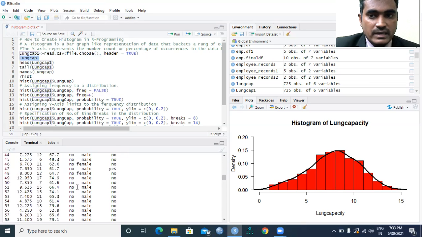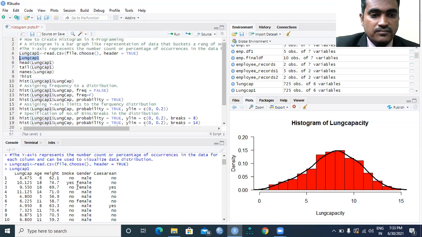Here in the console area, you can see the lung capacity file that we have imported from the desktop. You have 6 variables with the header: lungcap, age, height, smoke, gender, and caesarean. Even if you want to view the first 6 observations, you need to use the function head.